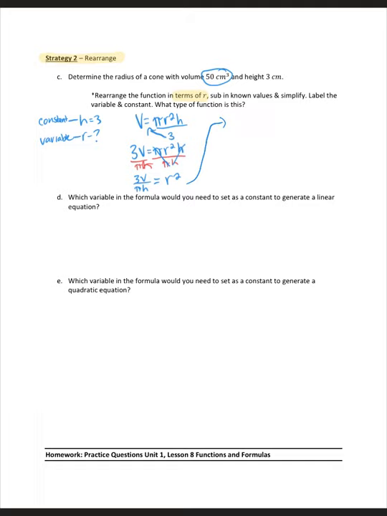Okay, so we could continue to get rid of that power of 2 on my r, but I'm going to sub in from here. So let's sub in h equals 3, and then our volume equals 50, because we have r all by itself. So into the equation we just rearranged, we'll do 3 times my volume, which is 50, divided by pi h, so 3 times pi, which is going to equal r squared. Our 3's are just going to cancel out, and we're going to be left with 50 divided by pi equals r squared. If we simplify 50 divided by pi, we're going to get r squared equals